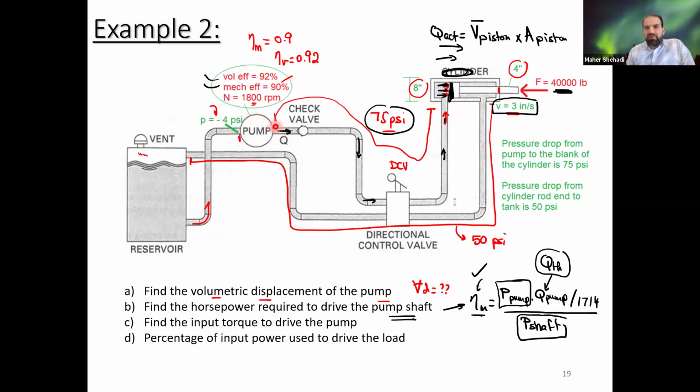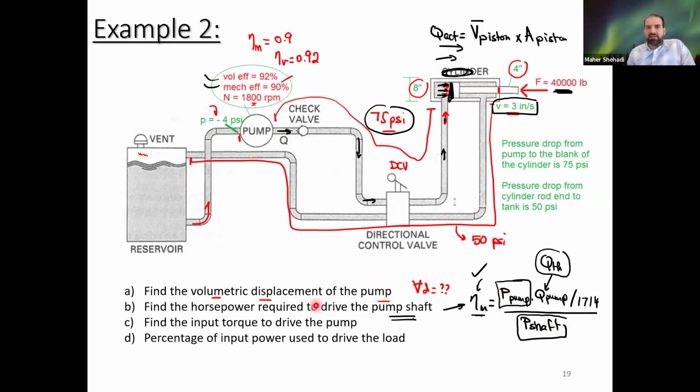The pressure drop from the pump to the cap side is 75, and the track pressure, or the pressure in the back, which includes the pressure here and in the line, the loss in the DCV all the way back, was 50 psi. We calculated the